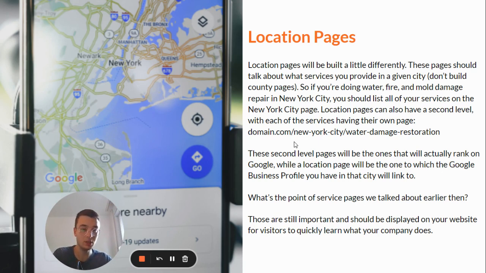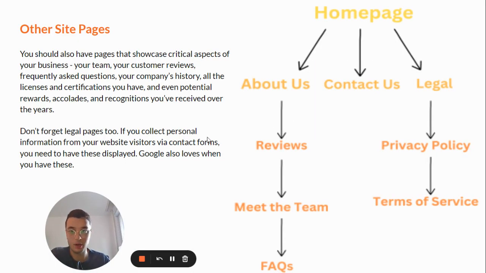That's it. So it's very important for you to understand that concept. Water damage restoration in New York City and fire damage restoration in New York City are competitive enough to require separate pages to rank for both of those keywords. So you cannot rank one page for water, fire, and mold. It's very hard. So yeah, that's it. There's a lot more to it, but if you want a specific video only about location pages,